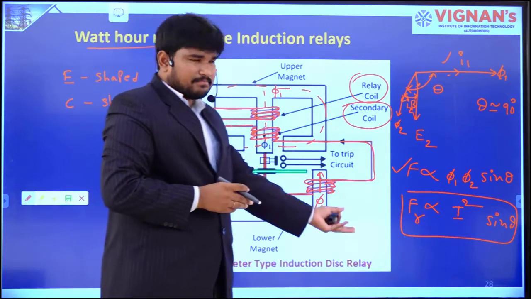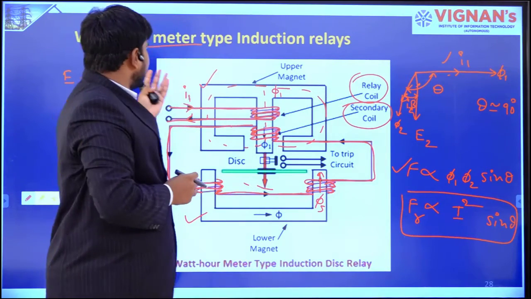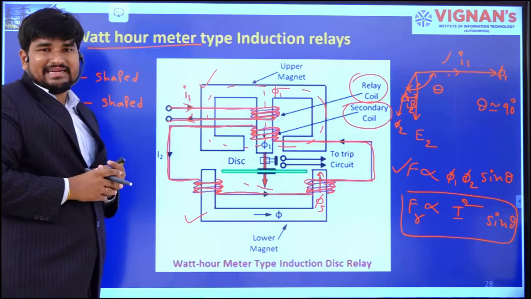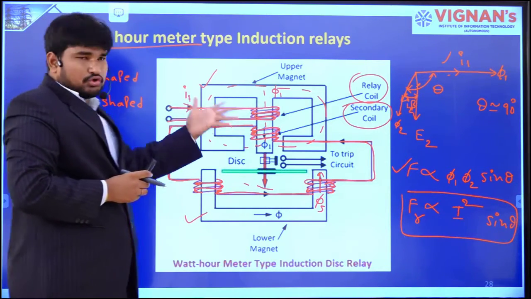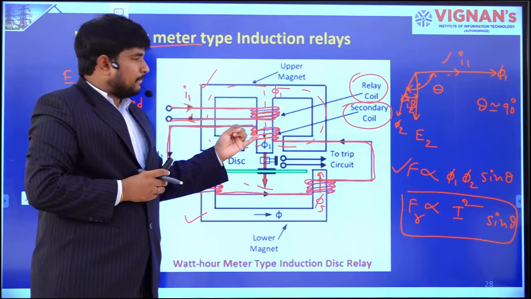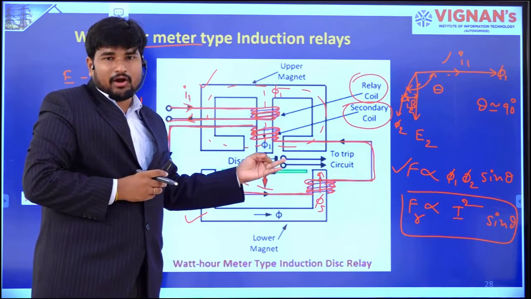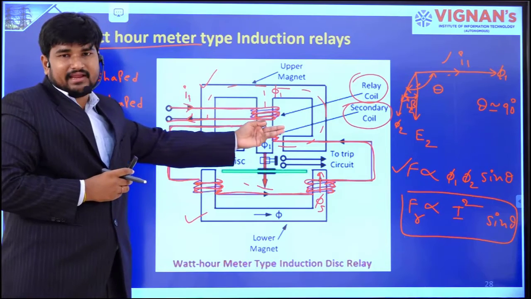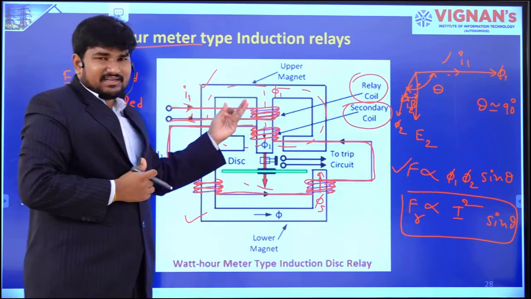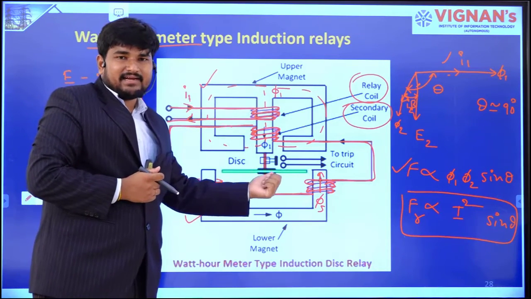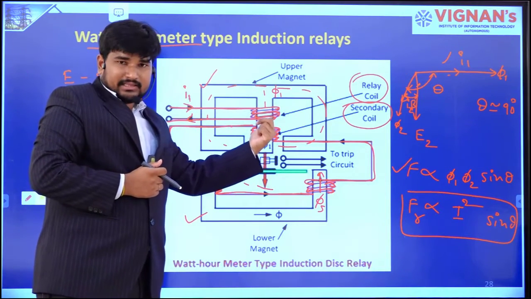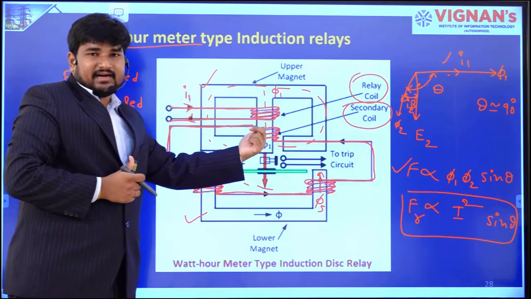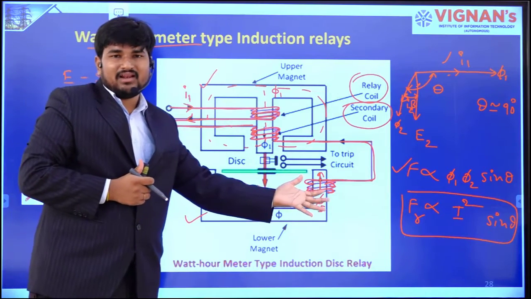So this is the operation of watt hour meter type induction relays. Here we have two coils. One is the relay coil, another one is the secondary coil. We are giving supply to the relay coil. Because of that, flux will be generated. Because of this flux phi1, there is a creation of EMF inside the secondary coil, and